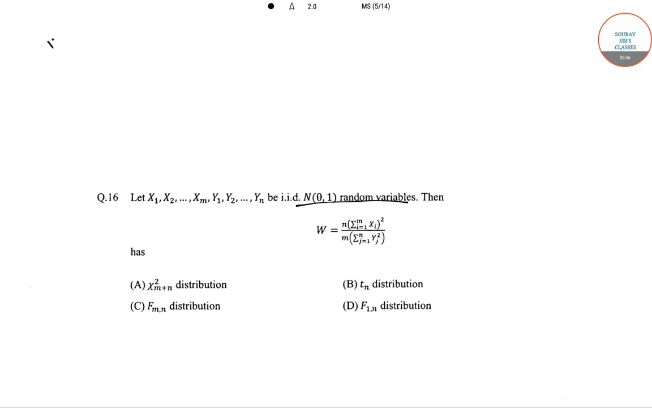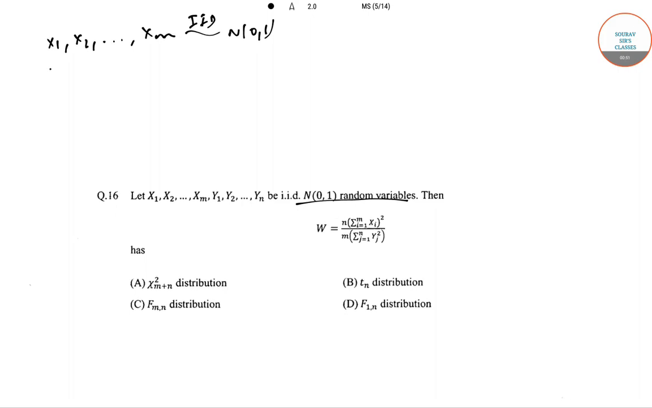Now we have been given that x1, x2 up to xm follow normal 0, 1 and are IID. Now also y1, y2 up to yn are IID and they follow normal 0, 1. Then